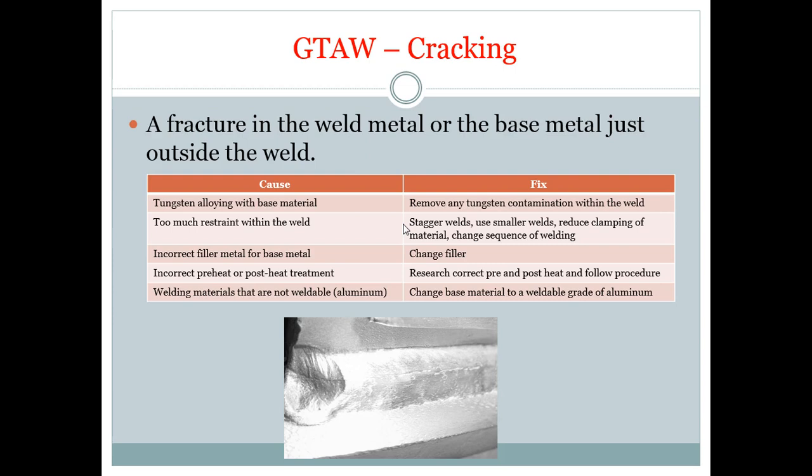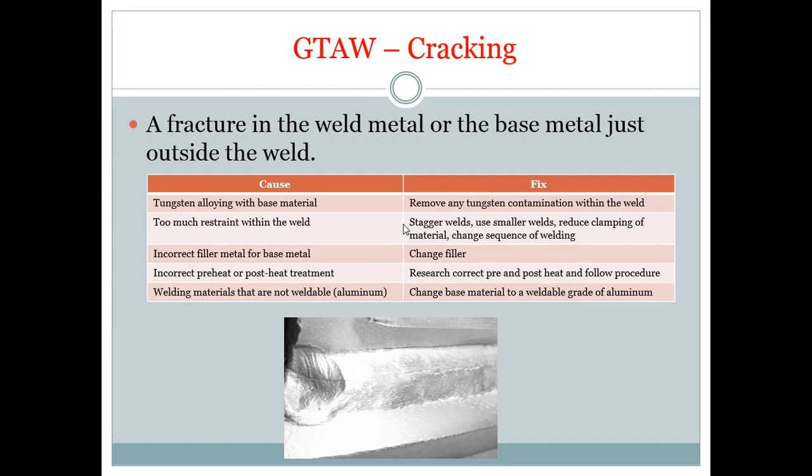You'll see cracking a lot in welding aluminum. Sometimes some types of aluminum aren't very weldable, meaning they just don't blend together very well. So you have to pay attention to the numbers on that filler rod of aluminum. What kind of aluminums are you trying to put together? And then too, if you think about aluminum and its hot shortness, adding too much heat to something, okay,